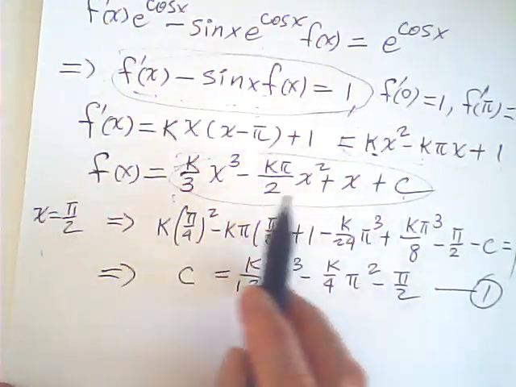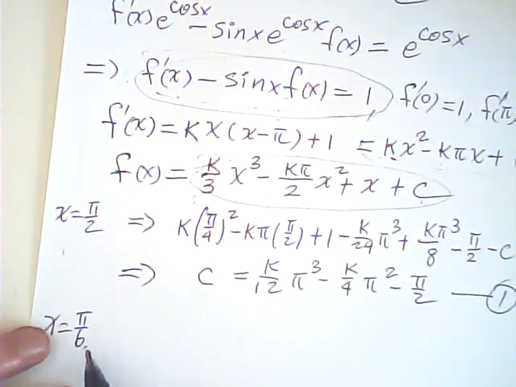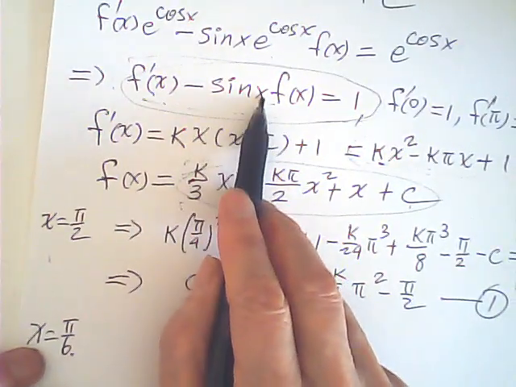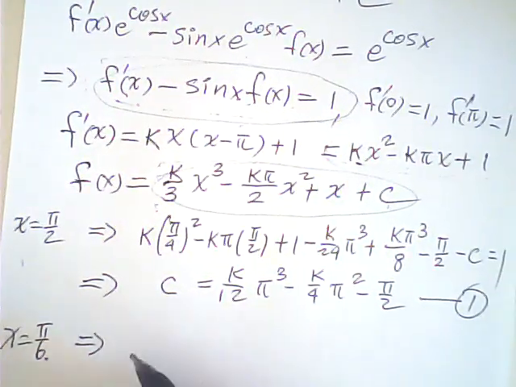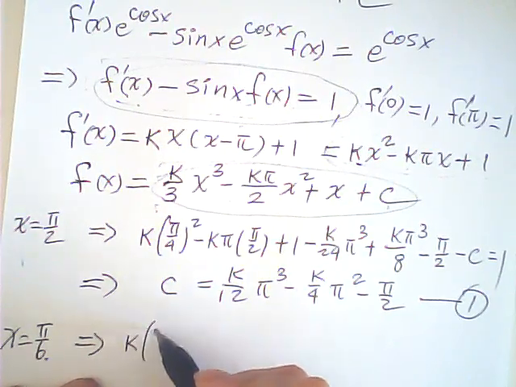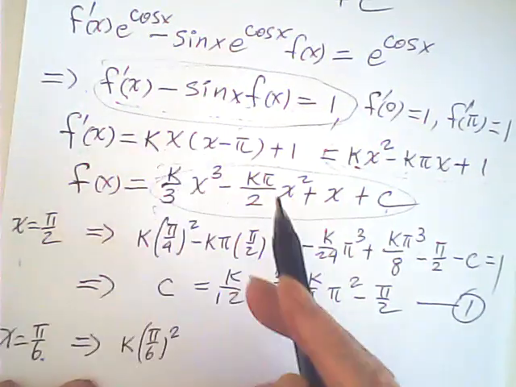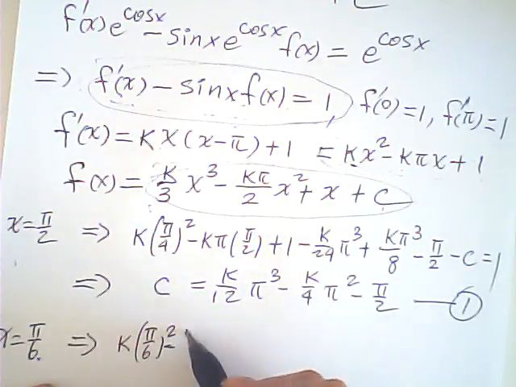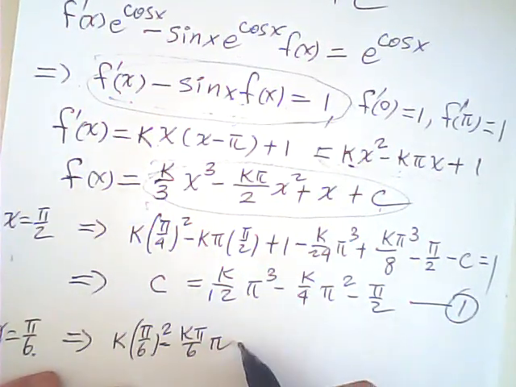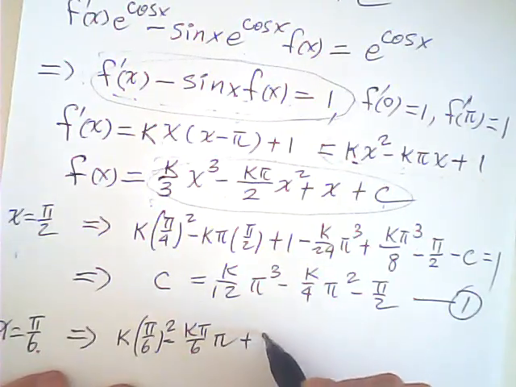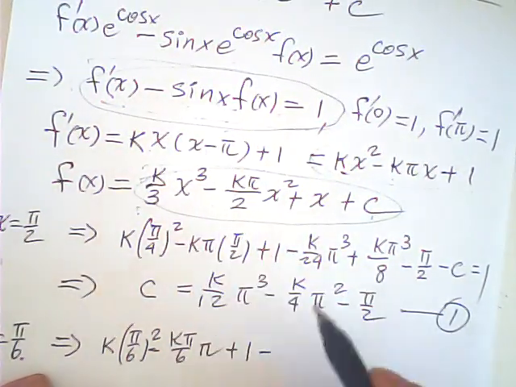And we need a second equation. Let x equal pi over 6. We plug this one here, here, here. So we have an equation, right? So this is k pi over 6 squared minus k pi over 6 over pi plus 1 and minus sine of pi over 6, which is half,